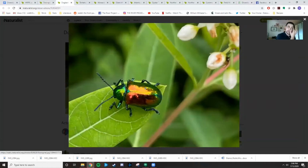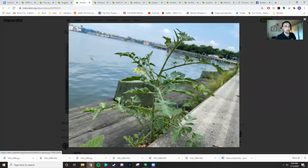Here's another picture from DJ Ringer. This is a dogbane leaf beetle. We loved this one because you could really see the beetle's iridescent carapace from the greens getting into the oranges and reds. And then a final interesting picture from DJ Ringer this week was a tomato plant growing on the